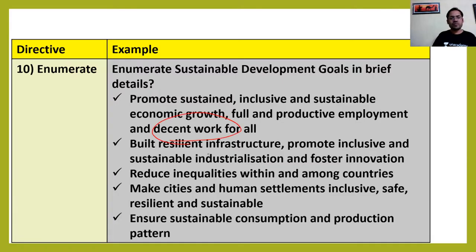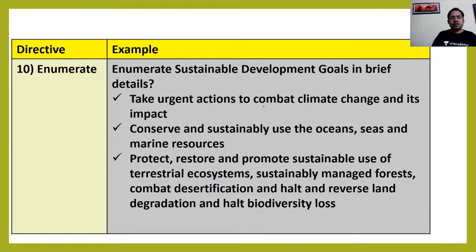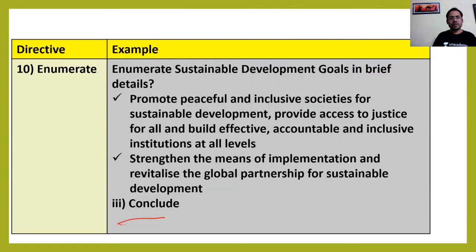Decent work, infrastructure, reduce inequality. It is about cities, sustainable consumption and production patterns, climate change, oceans, ecosystem, societies and sustainable development. So you just have to list down all your points, and at the end you have to conclude that